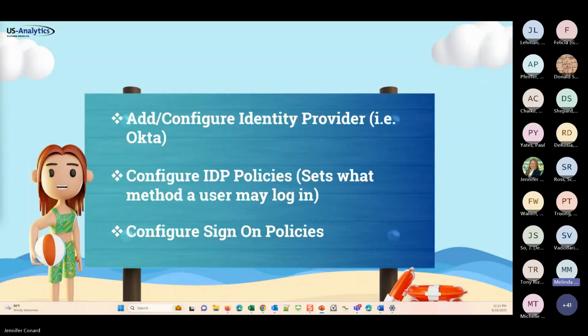Really what that is, is saying, what method am I going to allow for people to log in? You may decide, I want them to log in via Okta only, or I want to give my administrators the ability to log in via Okta or natively. I do recommend having maybe just one or two, maybe your service account, that is still able to log in natively, which still gives them the ability to run EPM Automate commands. Because with two-factor or multi-factor authentication, you do lose that ability. So you'll probably have a couple of people that can still log in natively.